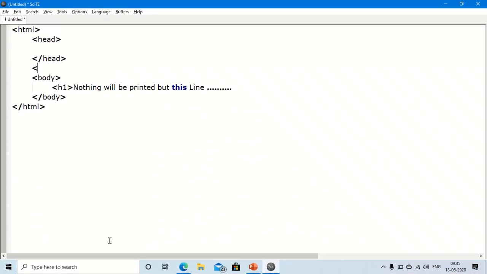Let us understand through a practical example of the meta tag. Here I have written the HTML head close, and as we know the head section contains the meta tag. So here I will mention the meta tag.